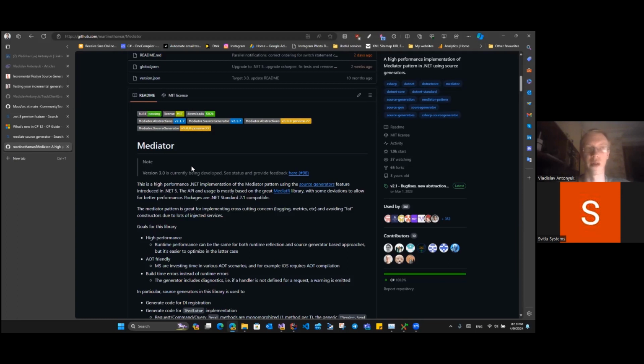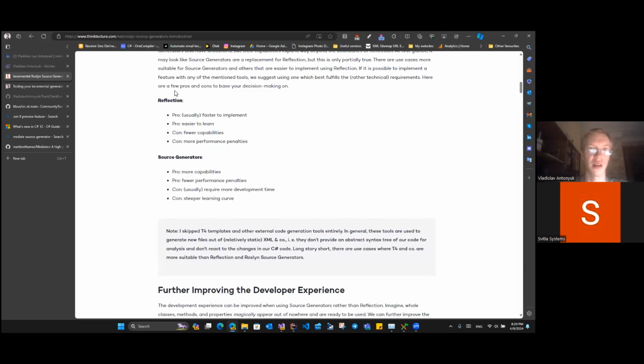Another example is enum generation, the FastEnum library, or probably most libraries that end with "fast", like FastEnum, FastString, performance string, something like that. They all use source generators, so it is very popular. And I believe more and more libraries will appear, because source generators solve problems, as I showed here, compared